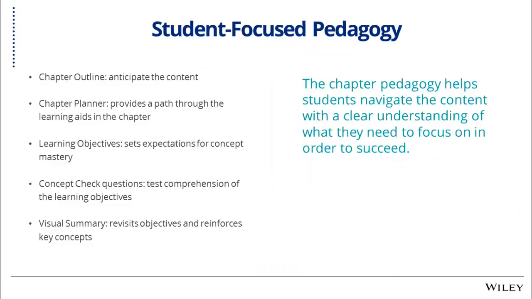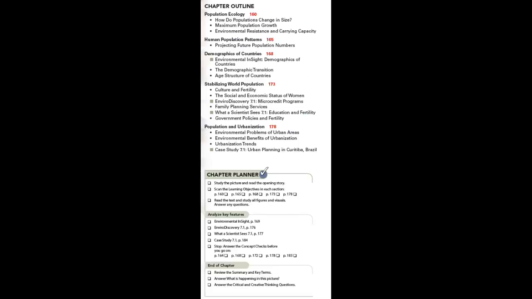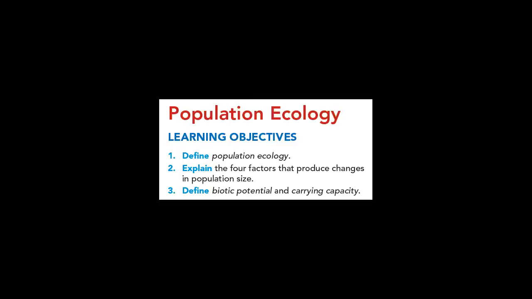The chapter pedagogy helps students navigate the content with a clear understanding of what they need to focus on in order to succeed. A chapter outline tells students what topics they will encounter in the upcoming chapter. The chapter planner points out key features and helpful practice tips for students as they study. Learning objectives at the start of each section identify the concepts that students are expected to master while reading the